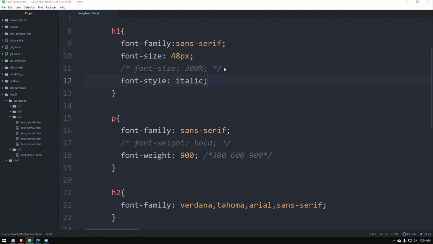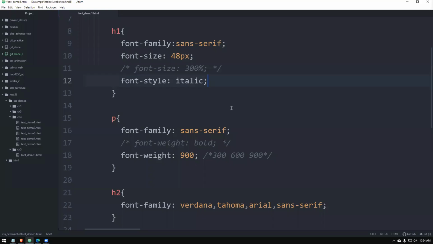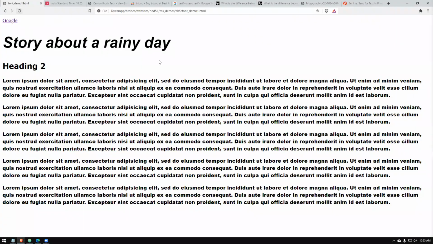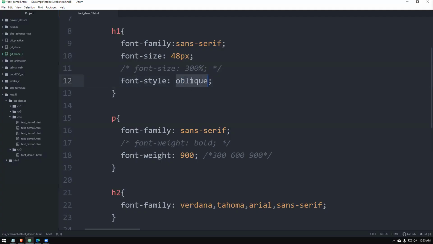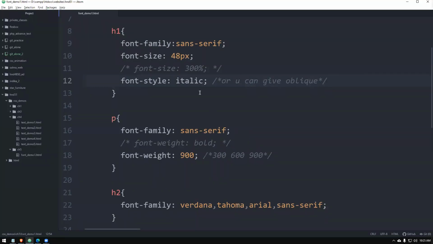One, you can give italic, see, then you can have slanted letters. The same thing you can give using oblique. Same effect, oblique or italic. Italic is easy to pronounce, so we'll keep that. Like this, italic. Those are the main things that I wanted to show you in fonts.